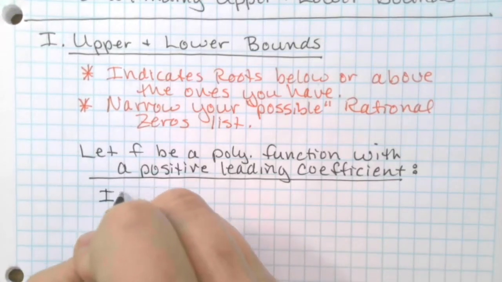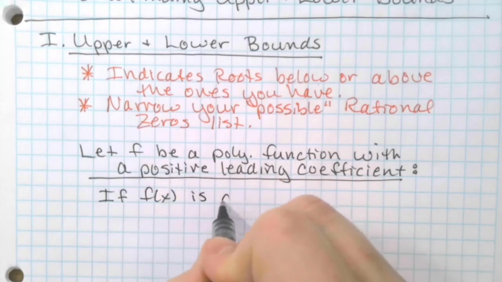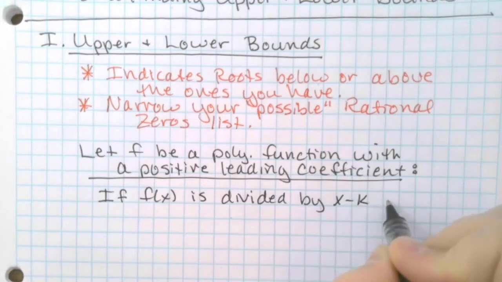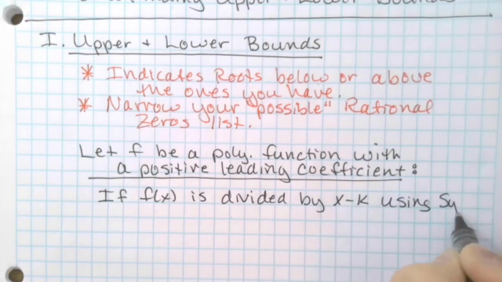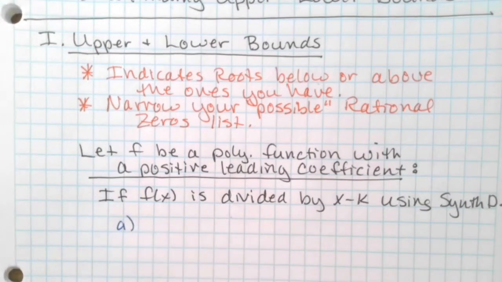Okay, so if f of x is divided by the factor x minus k using synthetic division, and then here's your 2 rules. A,